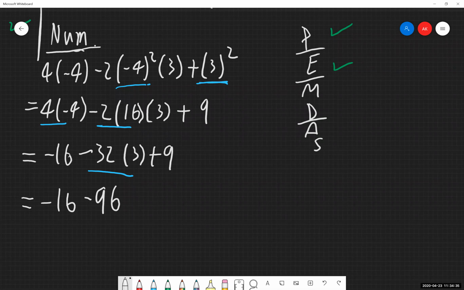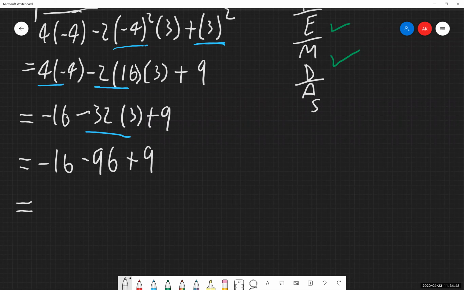And again, apply your calculator to these calculations as necessary. But I'm now done with multiplication, division, addition, subtraction. We can actually enter all of this into our calculator at once, so I'm just going to do that. Again, try and save us a couple steps here on some of these, or at least skip ahead a little bit so we can get through more examples. So we get 103. That is our numerator.